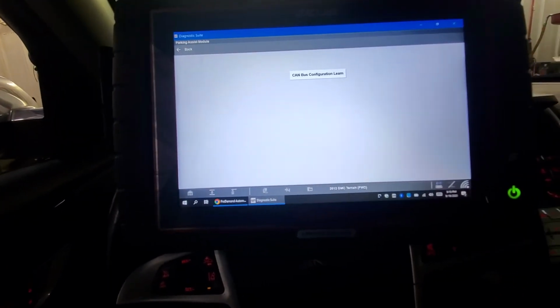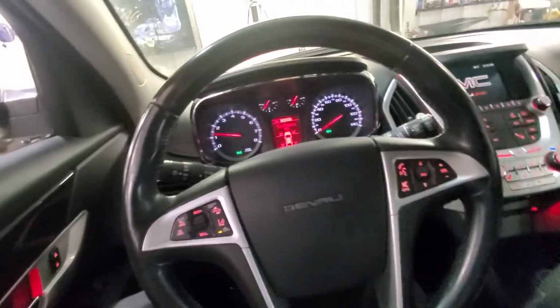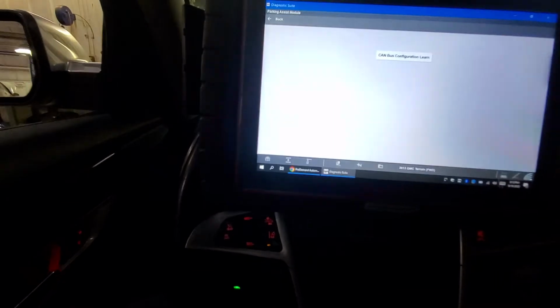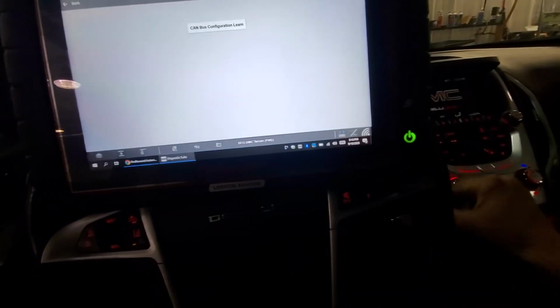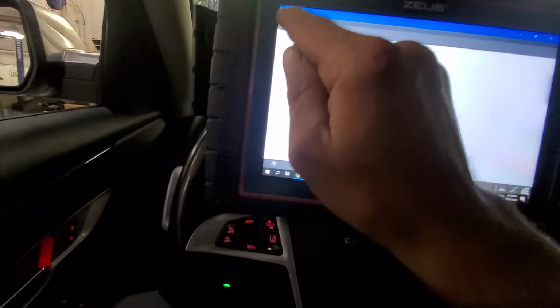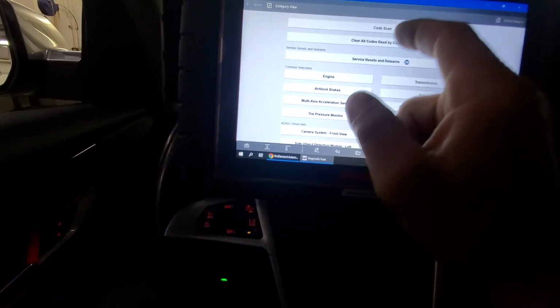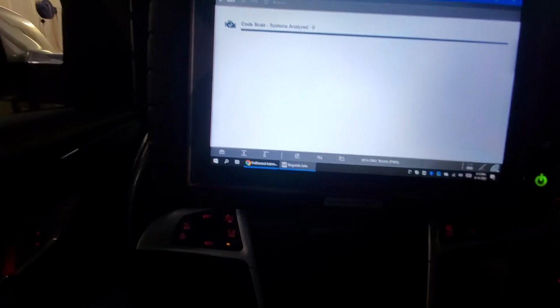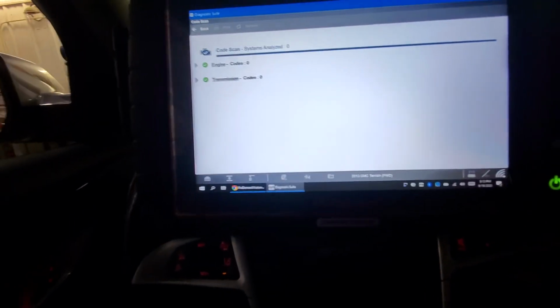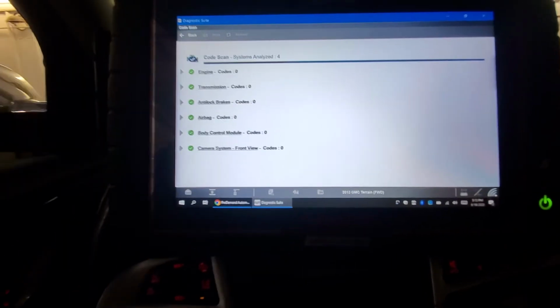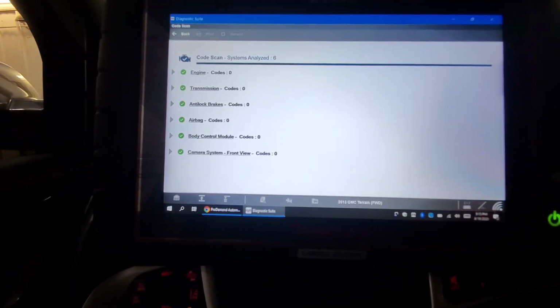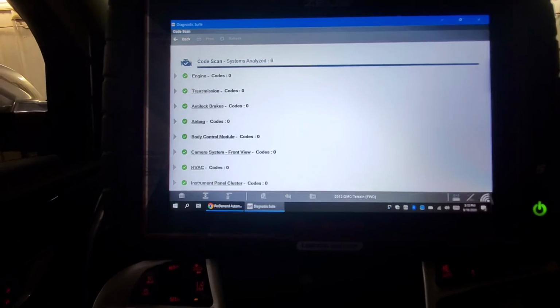As far as what's going to happen here, I have no idea, guys. Did I just screw something up? Maybe. Alright, so let's go back out. Let me turn this off. Let's exit, exit. Let's just do a quick code scan here. Now, I know we haven't done any checks down at the module, okay? I'm already thinking, pretty confident that we're going to need the module itself. But now that I've done this and I cleared the codes,